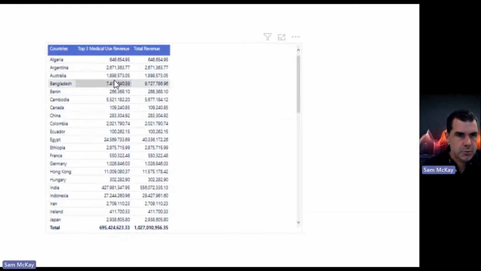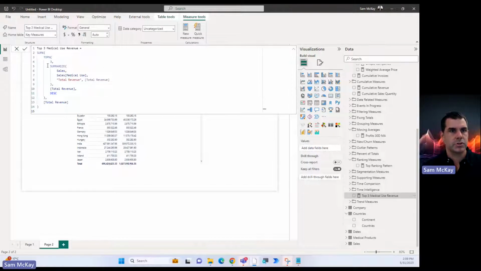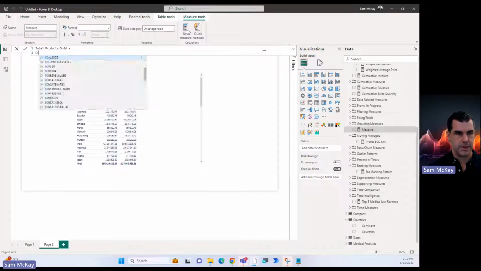You see, some of these probably don't have that many sales. Here's a nice little thing we could do as well: I could grab this and say total countries sold, total medical products, total products sold, and I could go count rows.